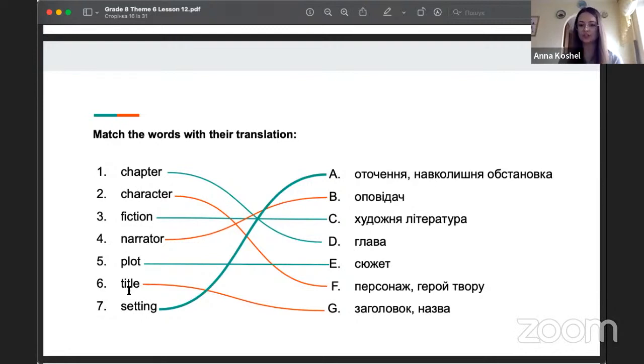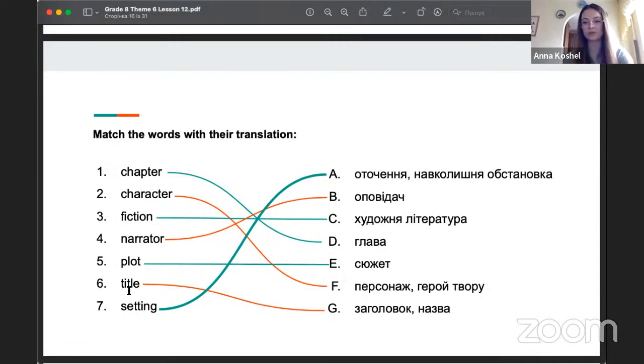So, setting – оточення, навколишня обстановка. The book is set in a fantasy world. Події книги відбуваються у фентезійному світі. So, are set, that's also a phrase that we can use talking about the events in the book, the circumstances, what is going on. So now that we have matched the words with their translation, let's take a look at them once again. Chapter, глава, character, персонаж, герой твору, fiction, художня література, narrator, оповідач, plot, сюжет, title, заголовок або назва,